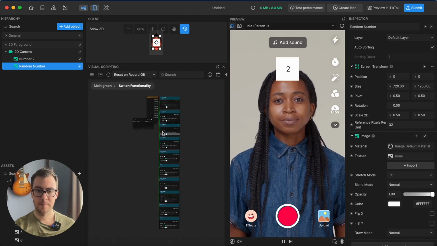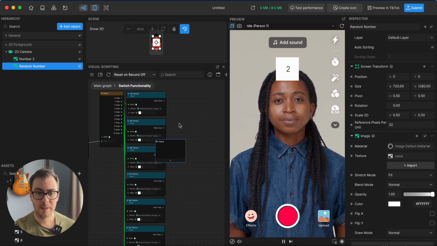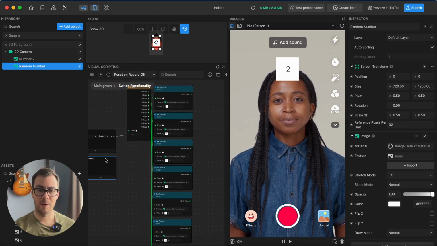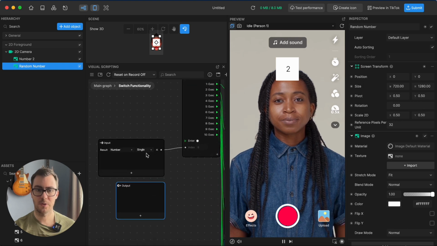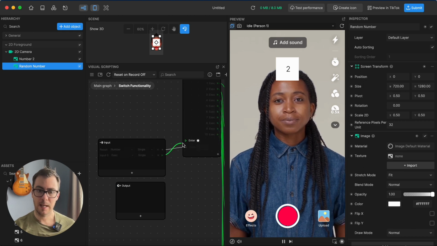Now within here, you can see once I go in, I now have an input and an output somewhere hidden behind here. An input and an output. So this allows me to control when I want to go into this piece of functionality and when I want to come out. So when you click the plus button on the input, you can see here I have an execution node. This means that it allows me to connect this to some sort of piece of functionality, right? When I come back out,